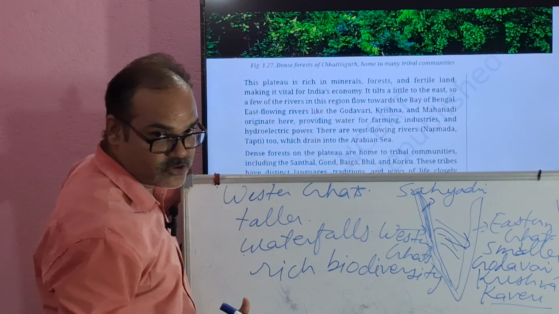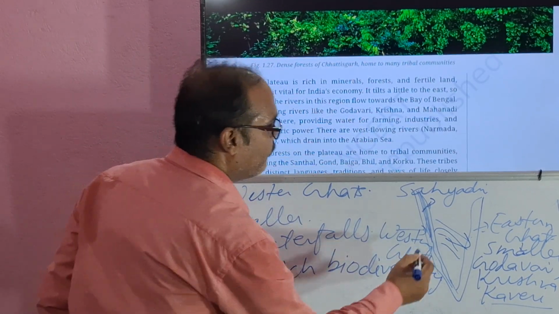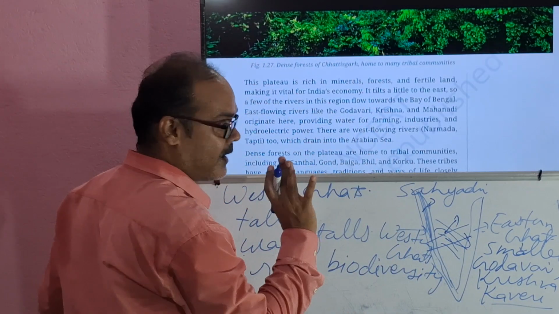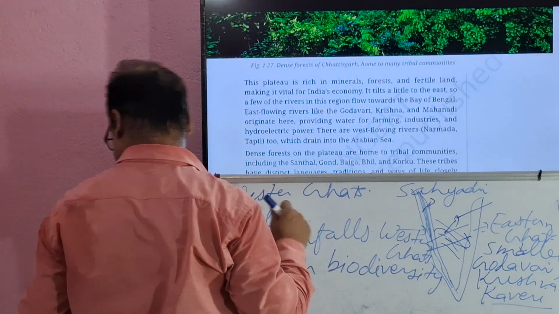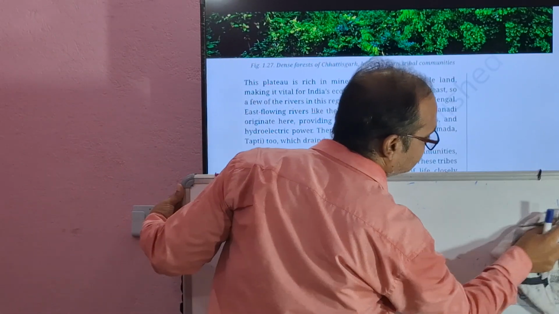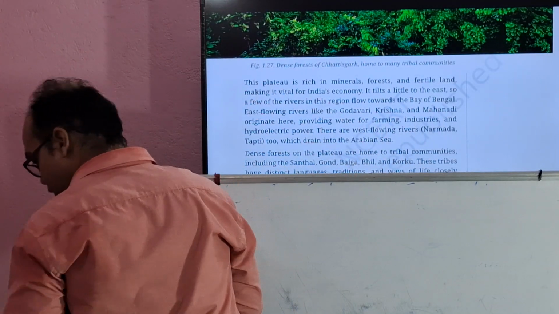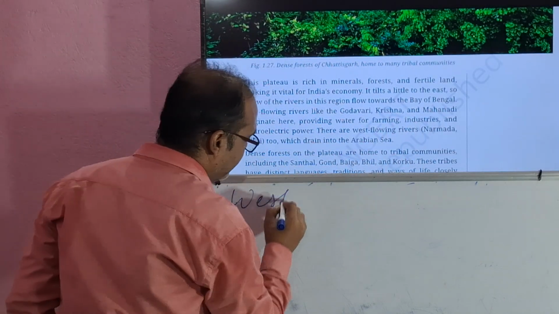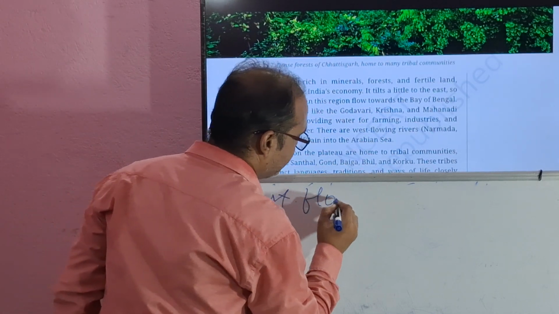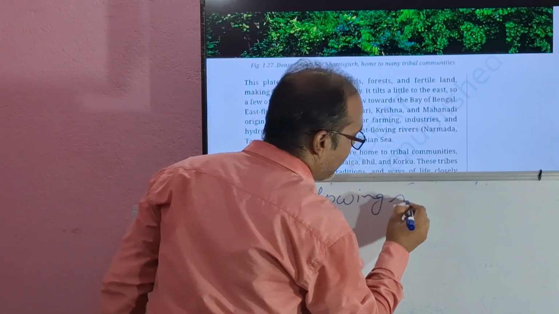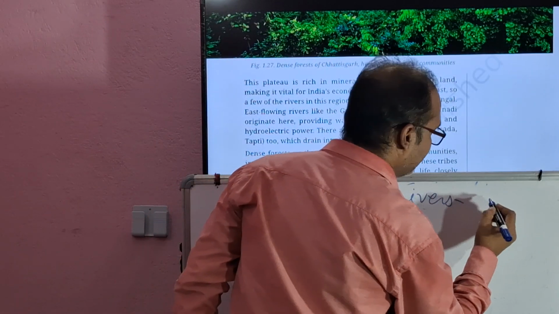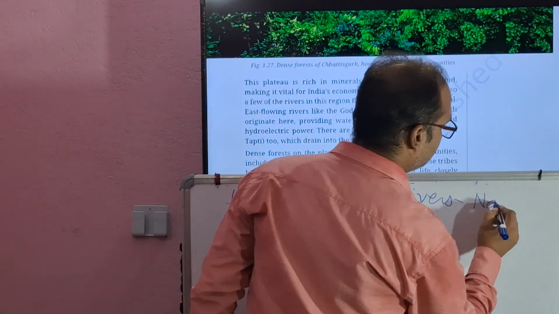There are west flowing rivers also. And who are they? They are two. West flowing rivers means this side. Who are they? Narmada and Tapti. So I am writing here: west flowing rivers. Narmada